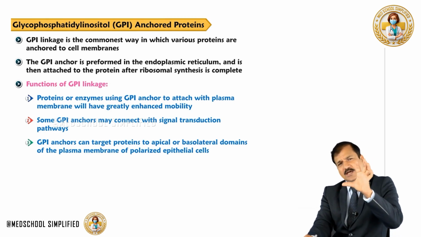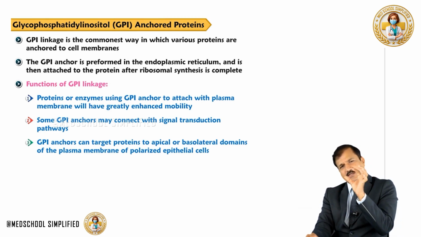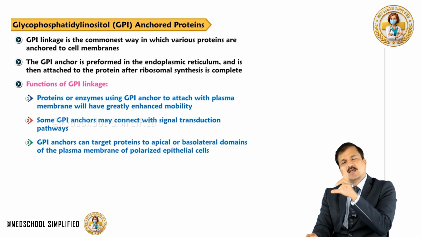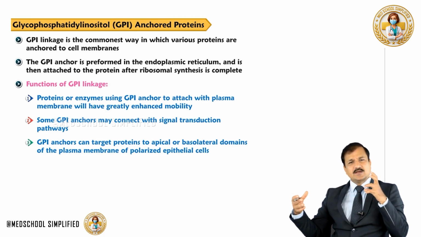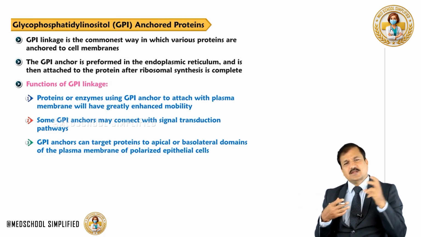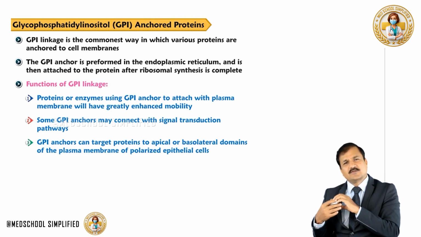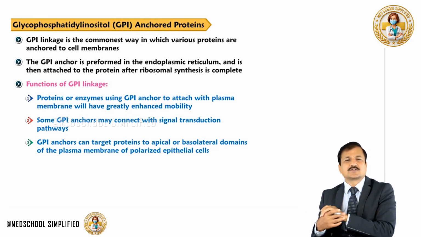That means the entire structure I have explained, with phosphorylated inositol, then glucosamine, and then mannose and ethanolamine added, is pre-formed in the endoplasmic reticulum, and as the protein comes in, it will be attached, and the inositol is added with the additional fatty acid